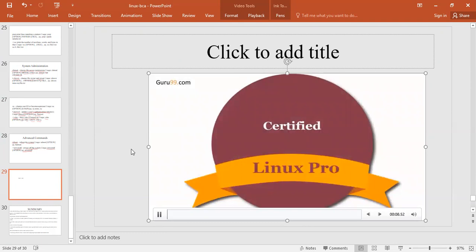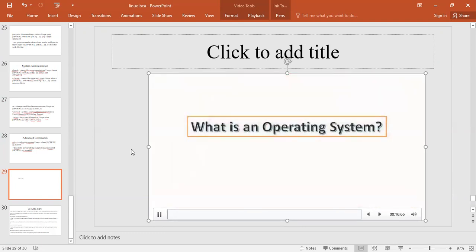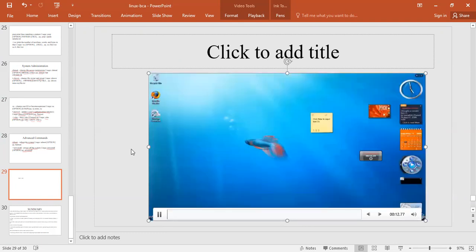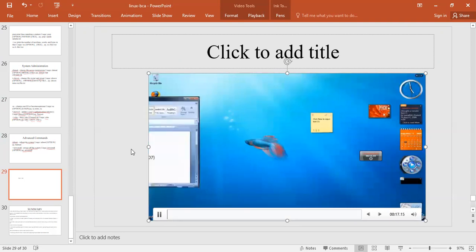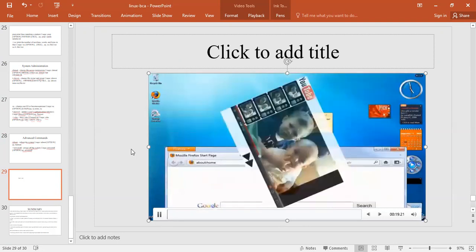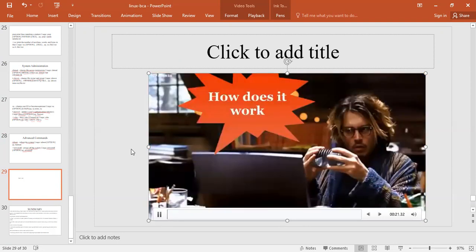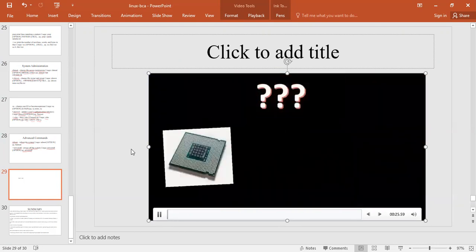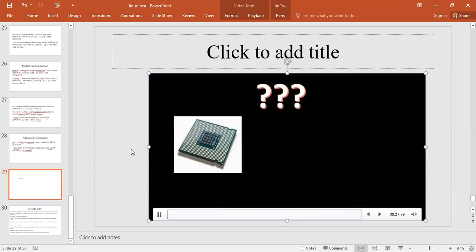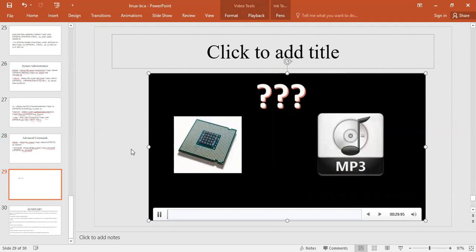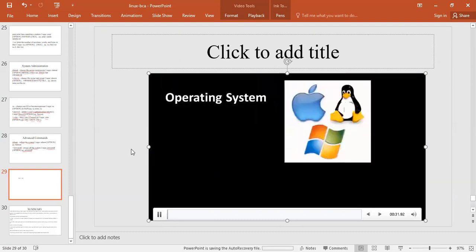So let's get started. So what is an operating system? Every time you switch on your computer, you see a screen where you can perform different activities like write, browse the internet, or watch a video. What is it that makes the computer hardware work like that? How does the processor on your computer know that you are asking it to run an MP3 file? Well, it is the operating system or the kernel which does this work.